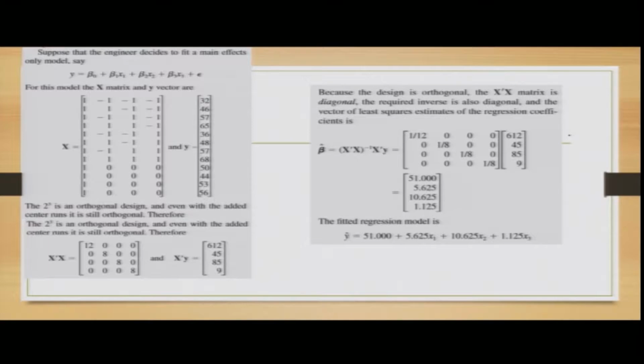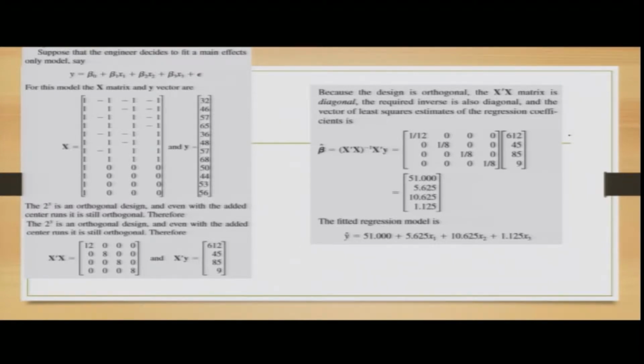We find out X transpose X, which is of size 4 cross 4. Then we find out X prime y, which will be of size 4 cross 1, and once we find that, the values of the beta hats are found out. Because the design is orthogonal, the X transpose X matrix is a diagonal matrix, the required inverse is also diagonal, and the vector of least square estimates gives the regression coefficients, and we find the regression coefficients as beta naught